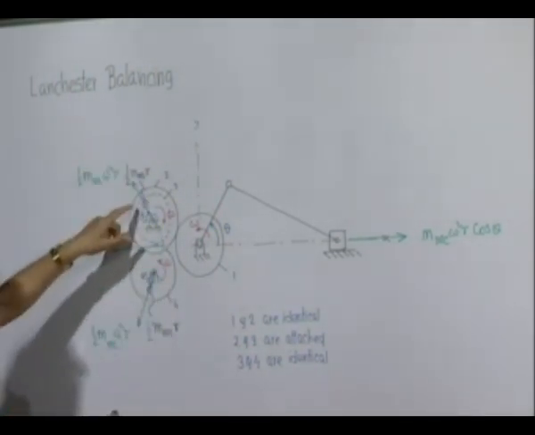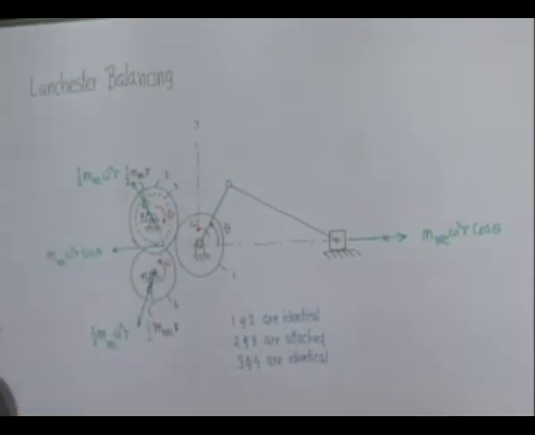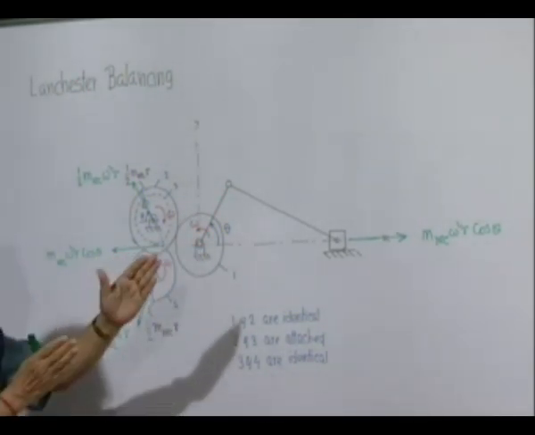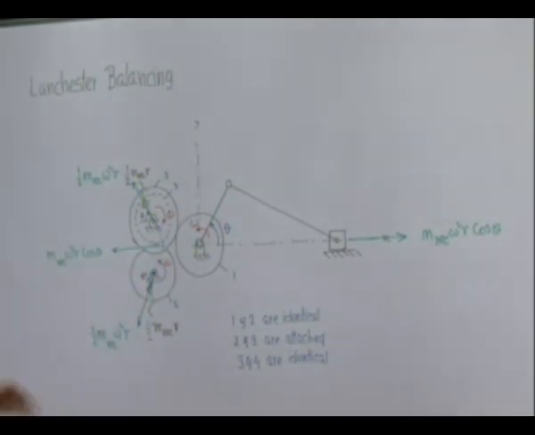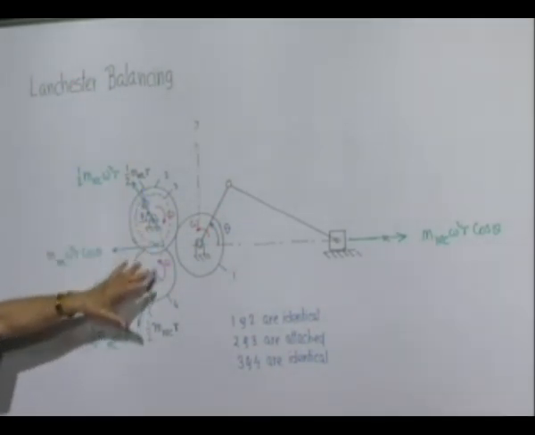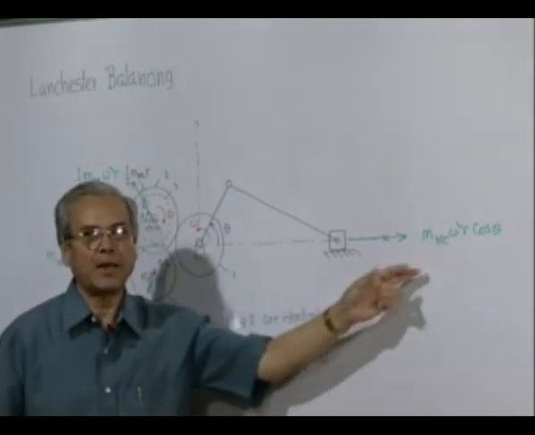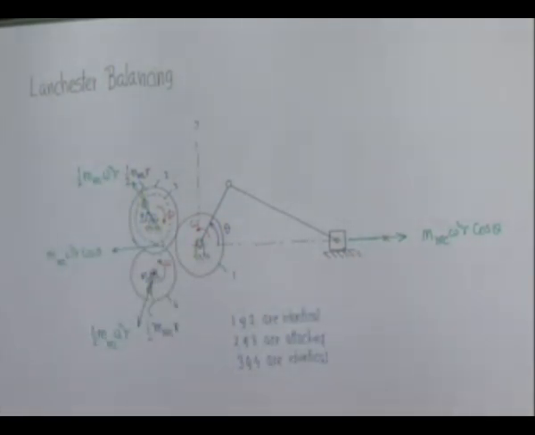The y component of this and y component of this will be neutralized among themselves. So, this way, and you have to also keep in mind that they must be aligned so that they do not produce a couple. So, in this gear system and this unbalanced mass system can completely neutralize the primary. Now, if we are taking that much of initiative to neutralize the primary force, it will not be appropriate to leave the secondary unbalanced force without any